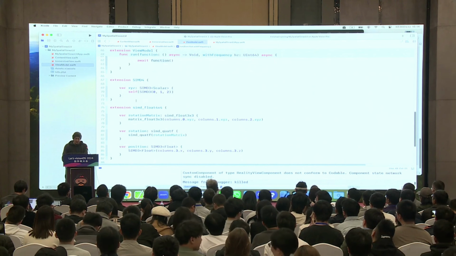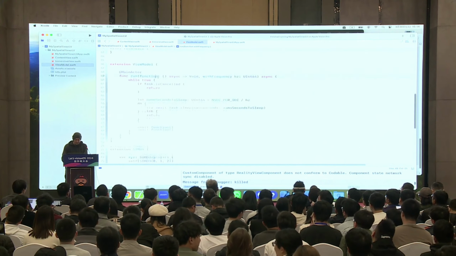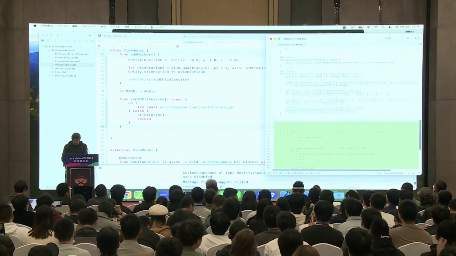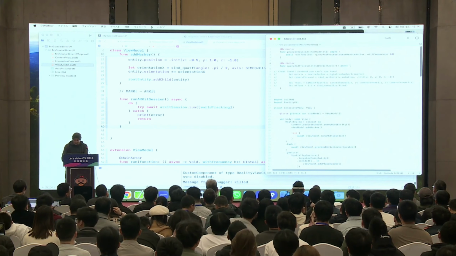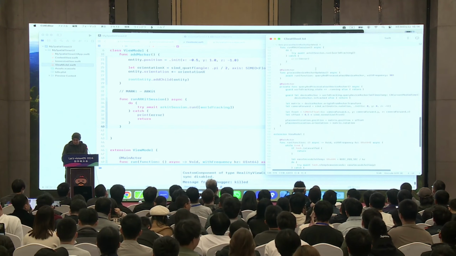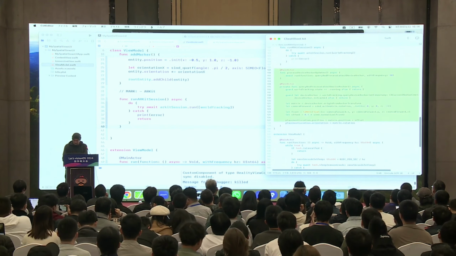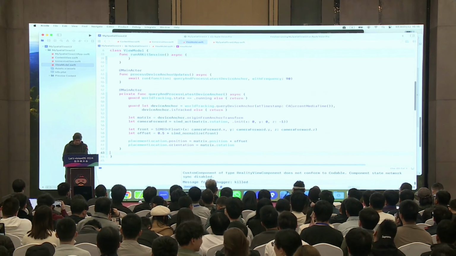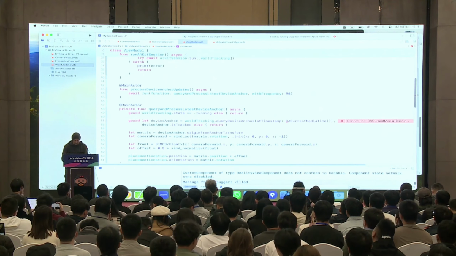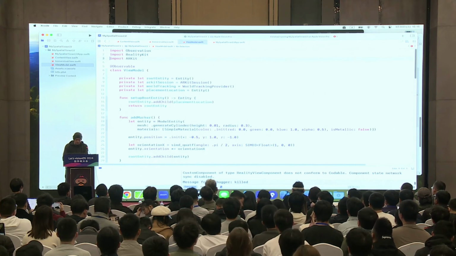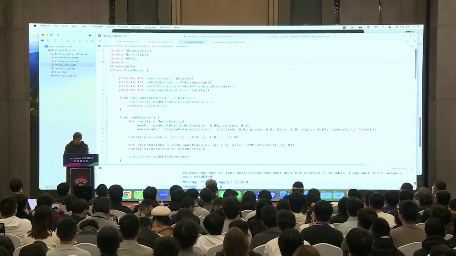And I need several extensions. And I also need this piece. Okay. Need import QuartzCore.